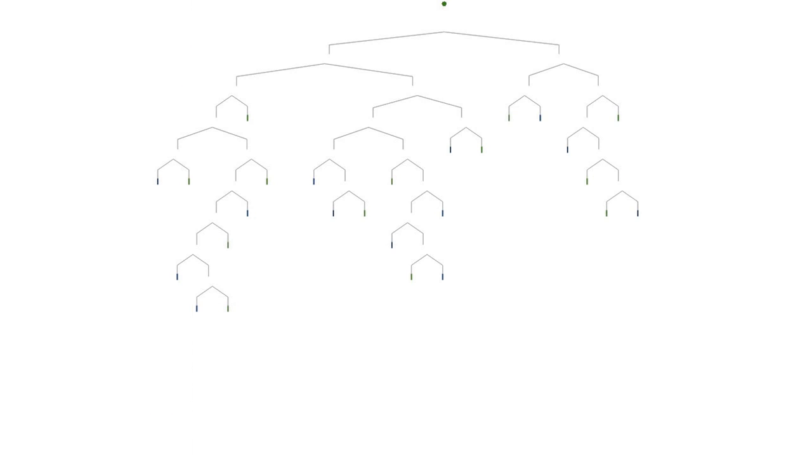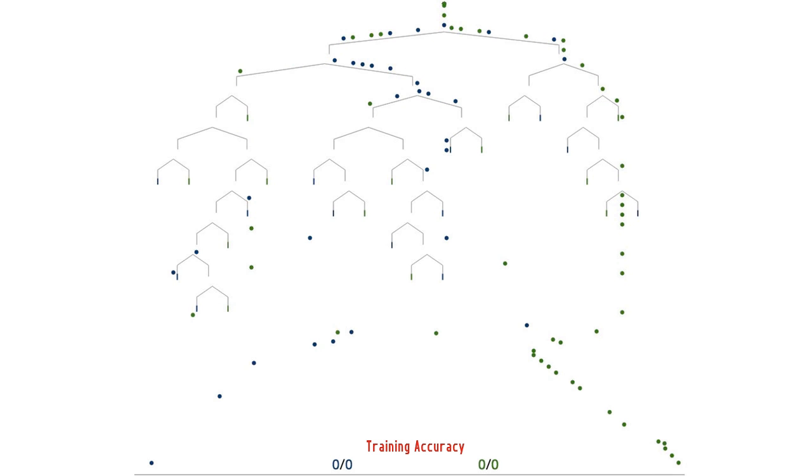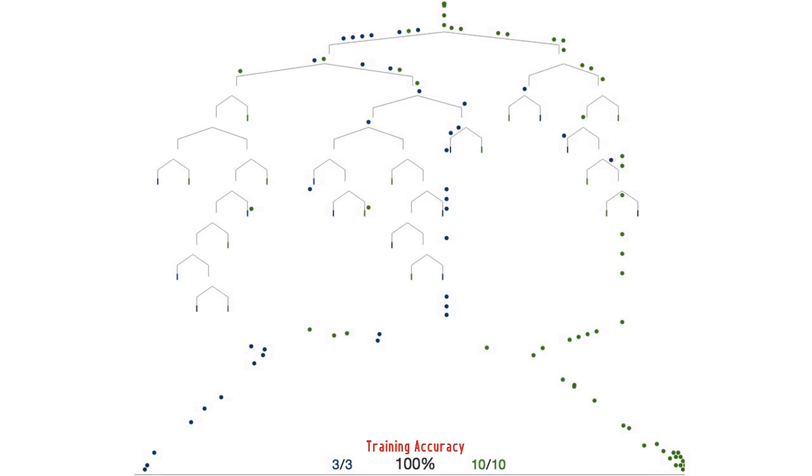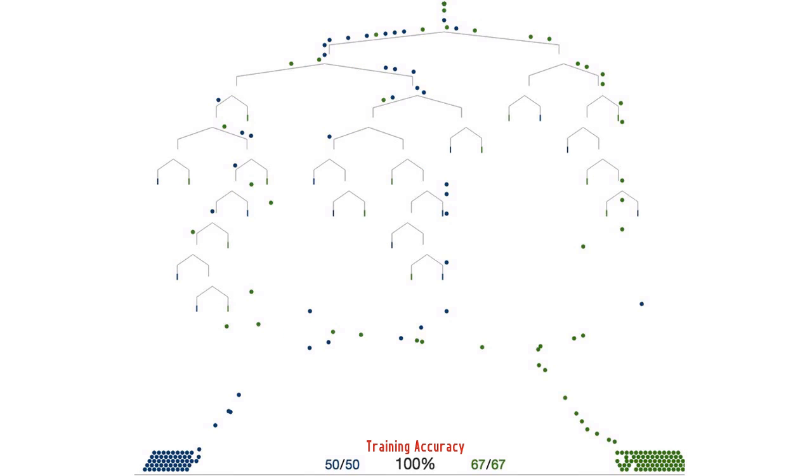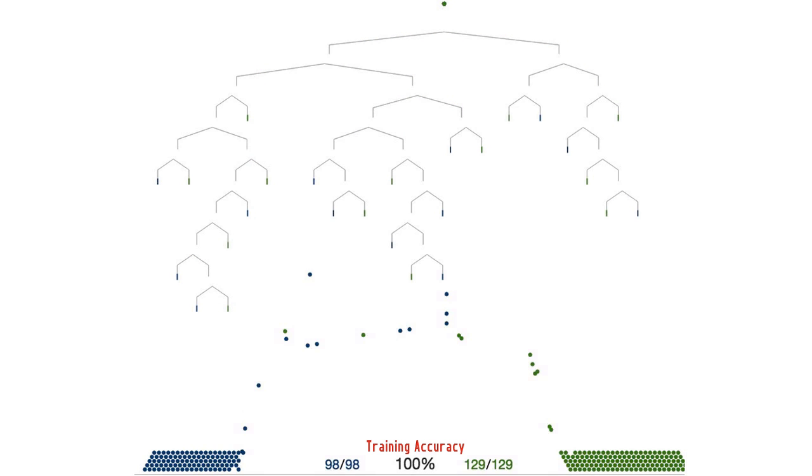Well, let's turn our decision tree into a Plinko board and drop each house record down through the tree to see if it ends up on the New York space or the San Francisco space. Each disc here contains the 7 predictor values for one house in our training set. Because we grew the tree until it was 100% accurate, this tree maps each training house perfectly to the city